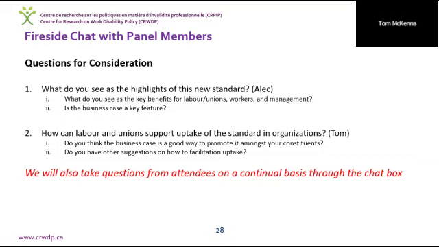Here's how we're going to be working with you to develop a plan using the standard. I think for me, as a union representative, as a workers' compensation representative, health and safety representative, this would be the starting point. Okay, how can we adapt this standard to our workplace? What do our members really need? What are the average injury rates? How long? What's the duration of these kinds of injuries? When you know that, then you can approach the employer, the members, the various departments, and apply the standard and